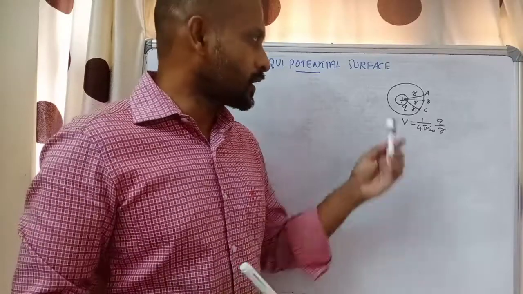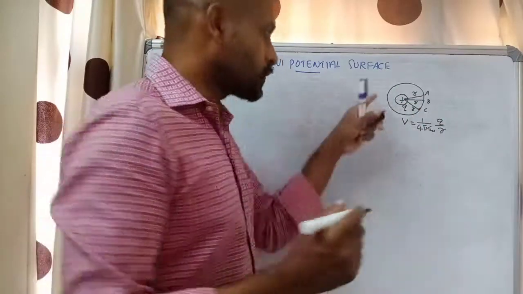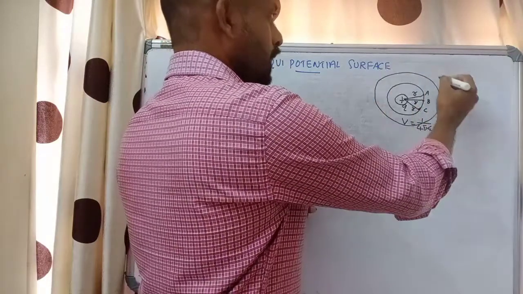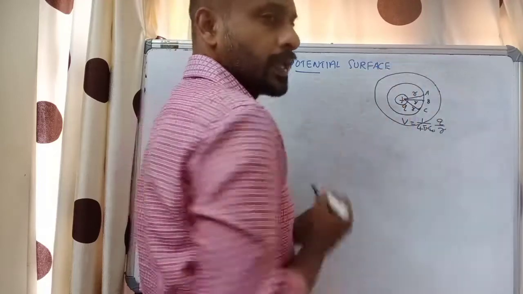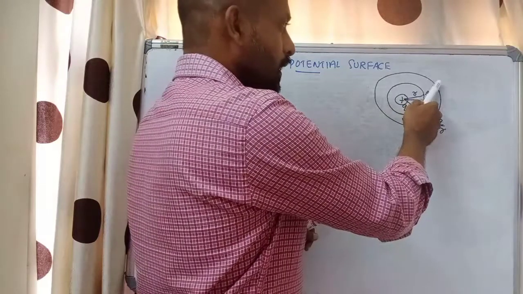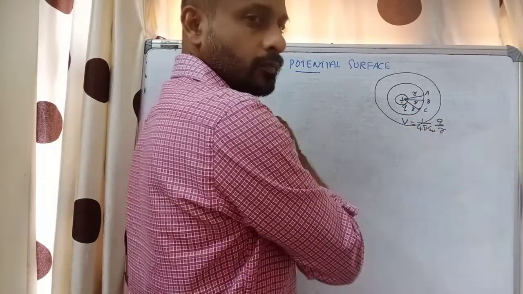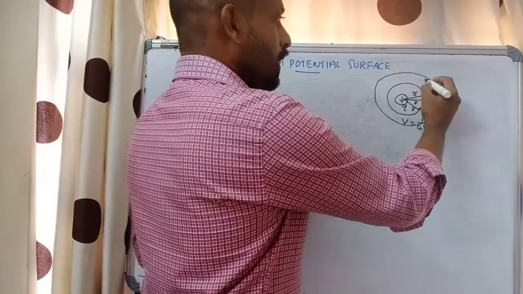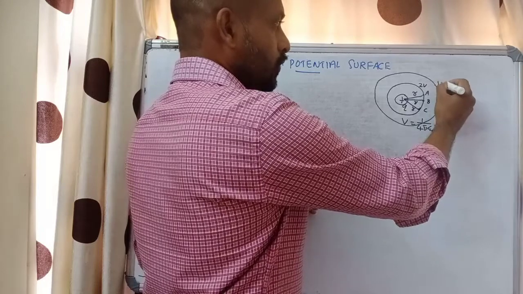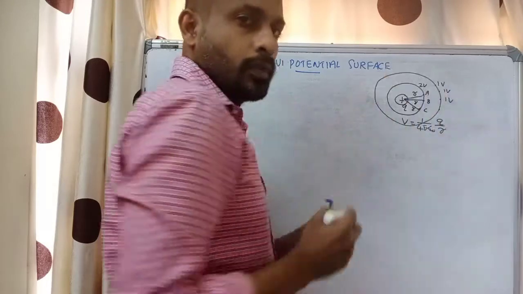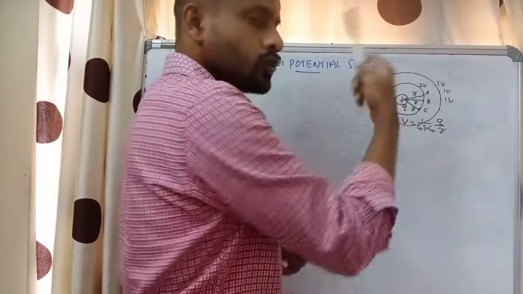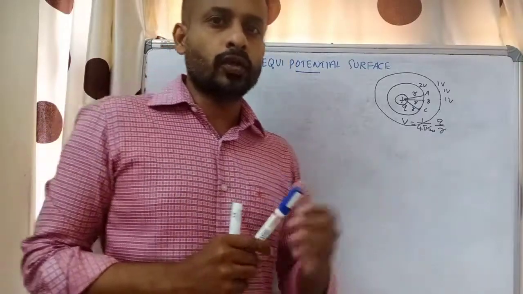So for an isolated point charge, we can draw many concentric spheres. This is one sphere. I can draw one more sphere like this, another concentric sphere. Here at each and every point, potential will be same. This point and this point will have different potential, but potential at each and every point on this surface will be same. For example, if A, B, C are having potential values 2 volt, these points will be having potential 1 volt like this. I give an example. So at each and every point here, potential will be 1 volt, here potential will be 2 volt and so on. So these are called equipotential surfaces.